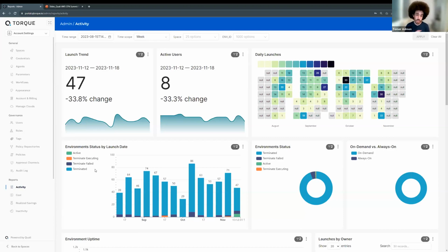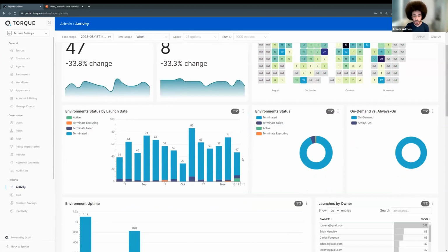And first of all, you want to see what's going on. So what's going on is usually how many things are running, how many environments, how many resources, how many users are using the systems, how many things are in a bad state right now. Maybe something is failing to terminate. All right, an environment that was up should go down at some point, and something is failing.